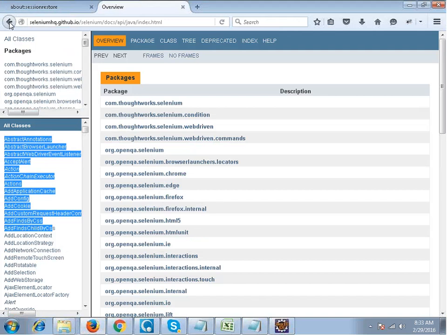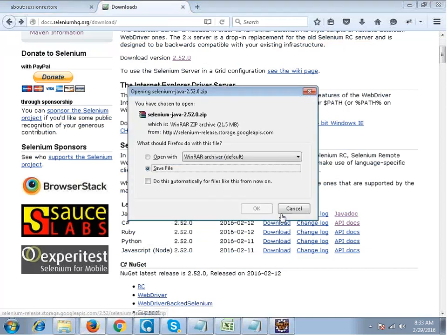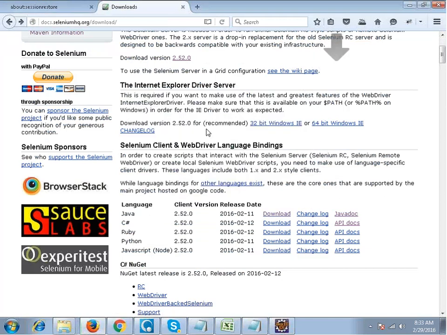Okay, the first thing is that you need to download Selenium on your machine if you want to work on it. You need to download the jars for Selenium. This is the download link. Okay, for Java, you can download it from here. Hold on, let it download. Meanwhile,